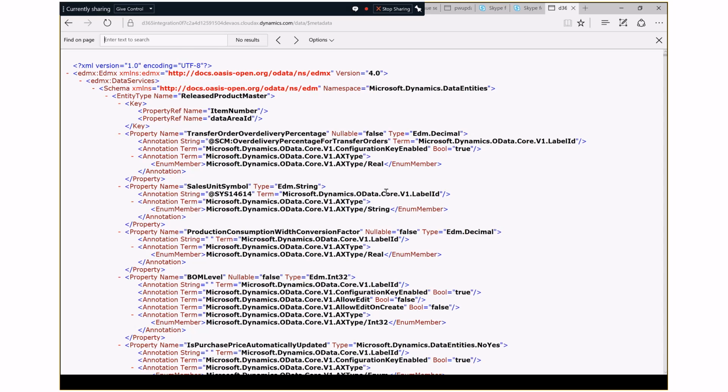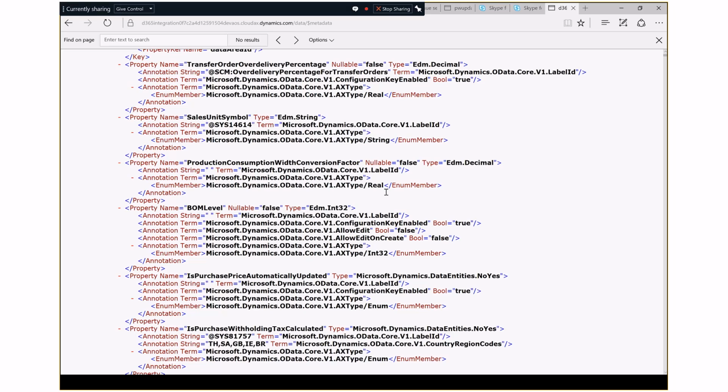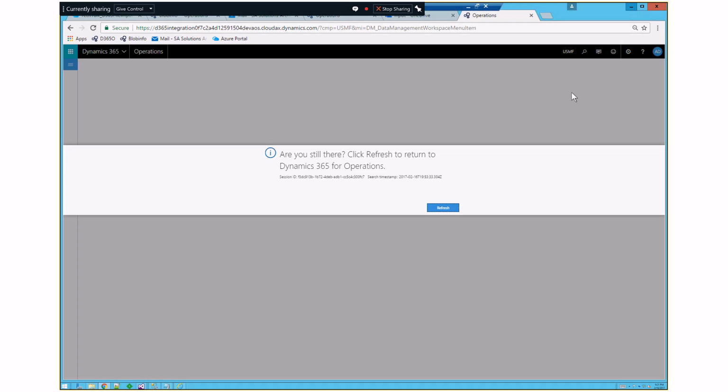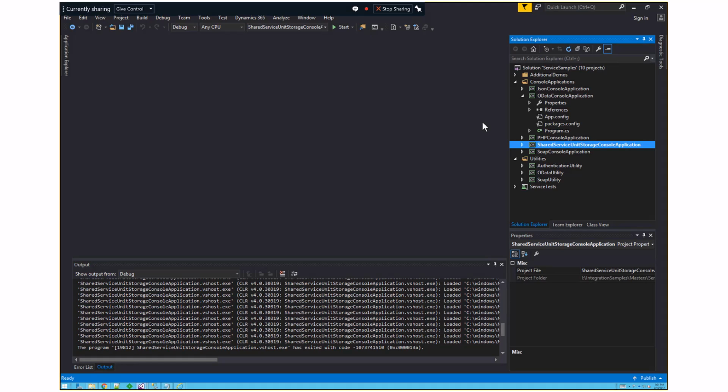Right? So it would be better to reflect over this metadata and create simple POCO classes and code against those POCO classes in order to code against something that is strongly typed, and that would tremendously increase the speed of developing a solution. So in order to do that, there is actually an